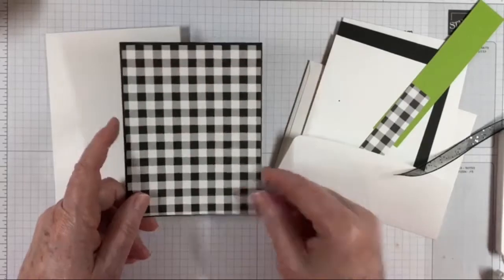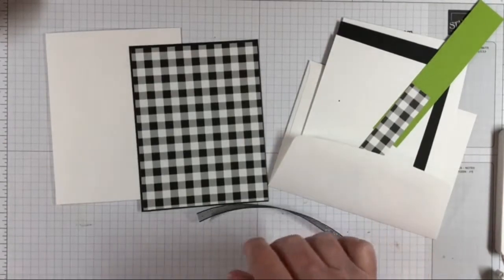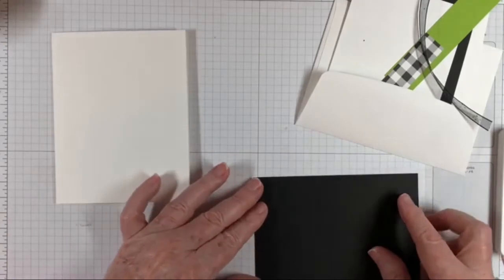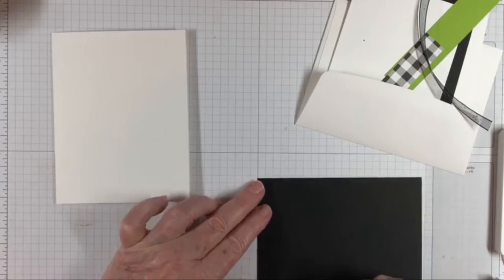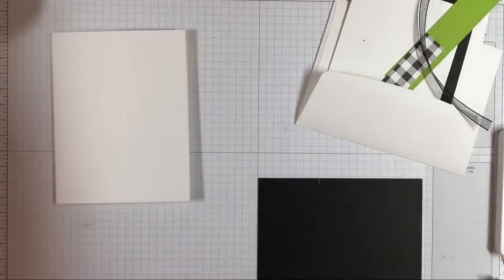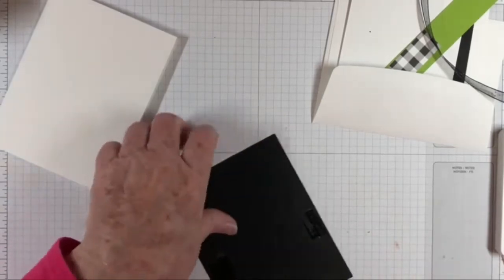Now we want some ribbon on this, and we do have a 6-inch piece of black glittered organdy ribbon, and it is 2 inches from the bottom. So this is going to be my bottom, and I'm going to mark 2 inches. Grab a pencil and mark 2 inches and 2 inches, 4 and 4. So the bottom of my ribbon is going to be just above those marks. Take my Stampin' Seal and put a couple of little marks there,